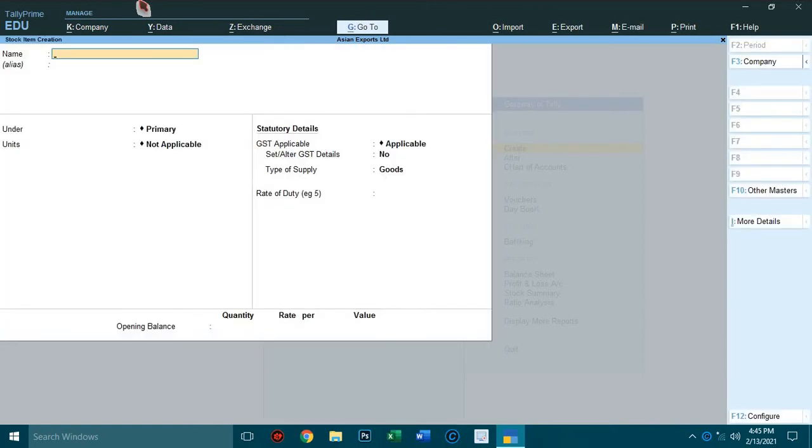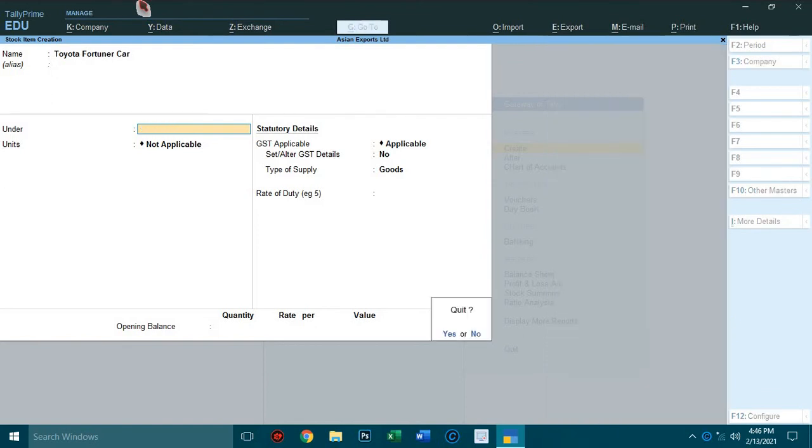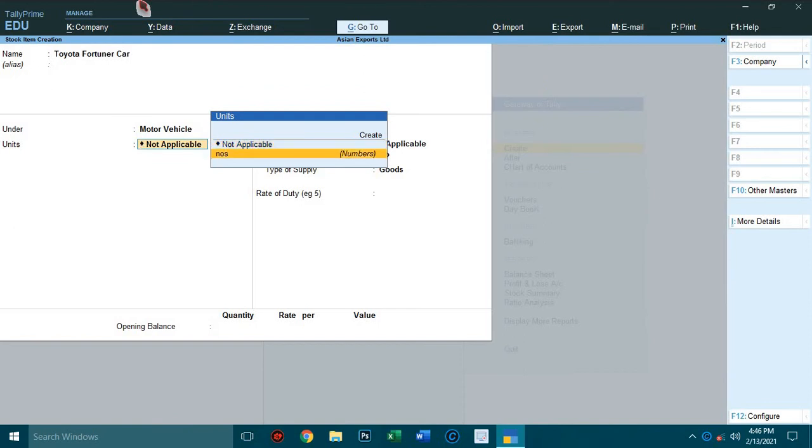So now move to stock item. So create stock item Toyota Fortuner car, under motor vehicles. Select motor vehicle, unit, numbers.